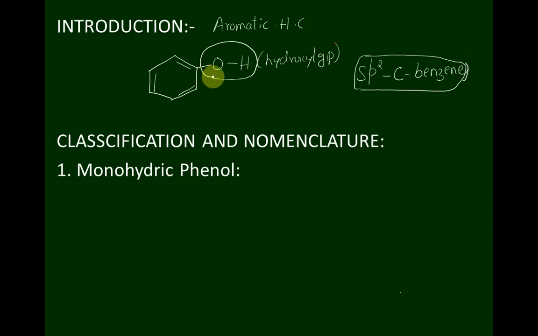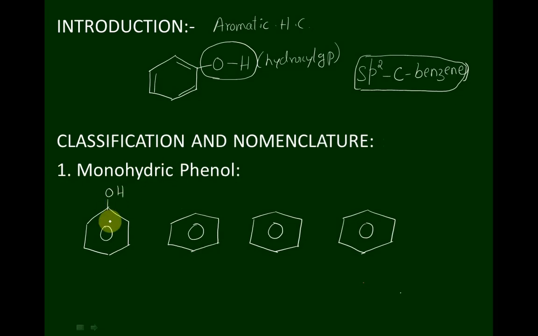Depending upon the number of OH groups bonded to the sp2 hybridized carbon atom of the benzene ring, phenols can be classified into three types. The first one is monohydric phenol. Mono means only one hydroxyl group bonded to the sp2 carbon atom of the benzene ring. Example, this is phenol,